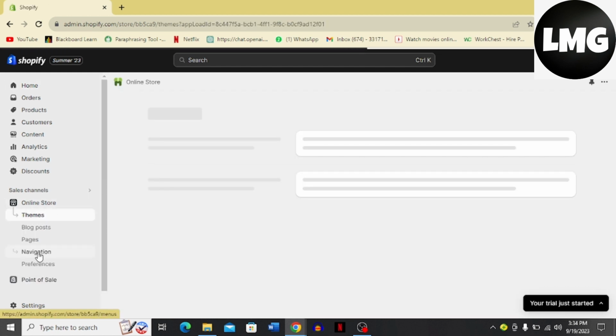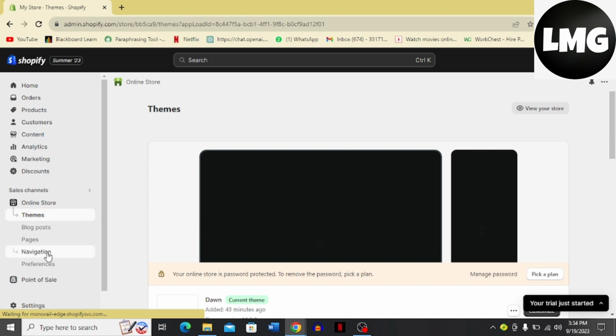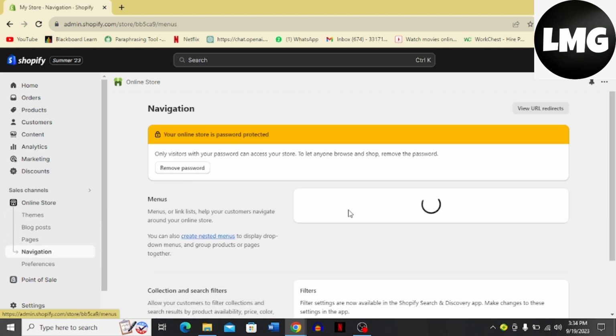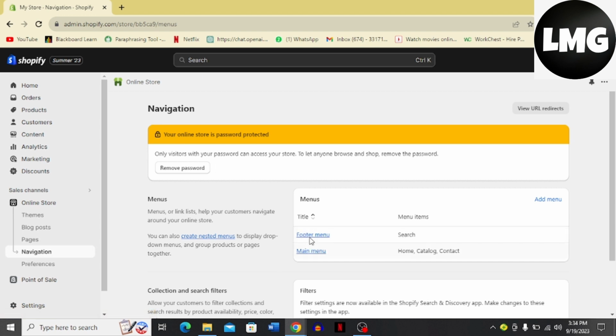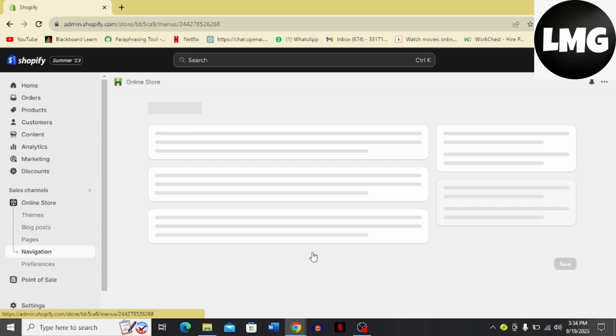Here you can see that you get this option of navigation. You have to click this option, and once you click this option you're going to land over here and you get these menus option. You have to choose this main menu option, and once you click this main menu,